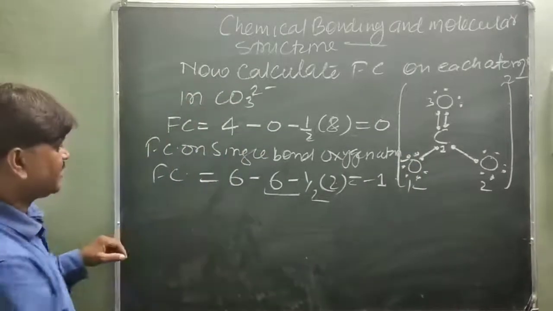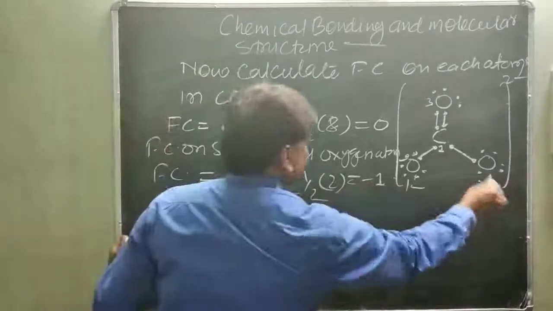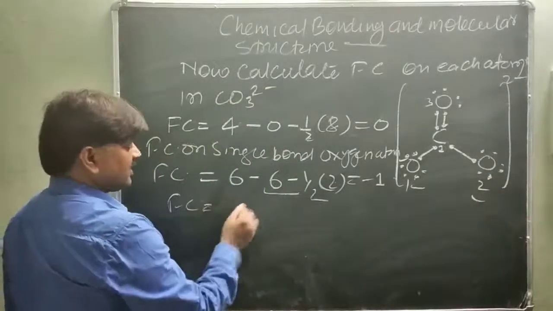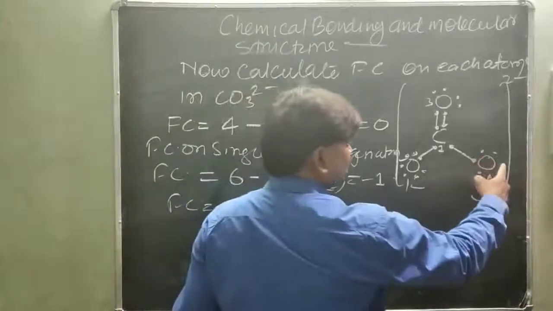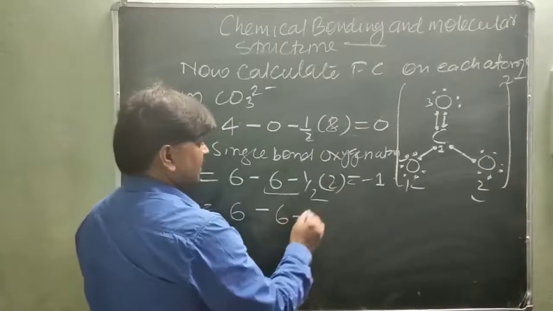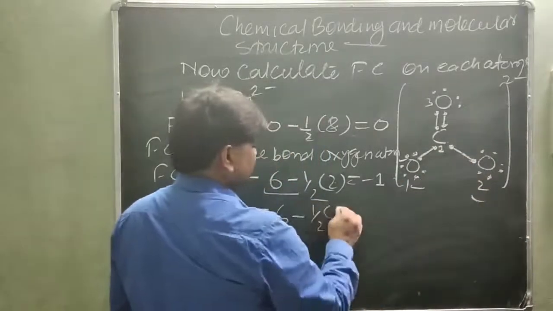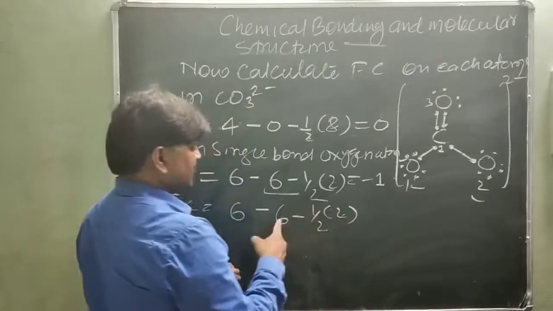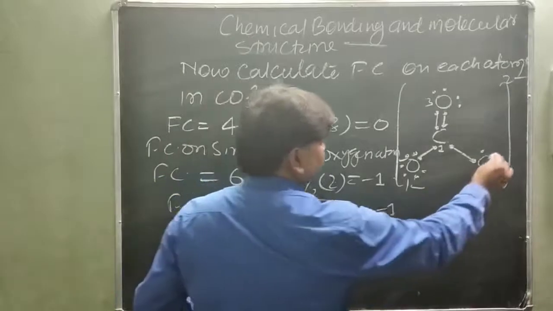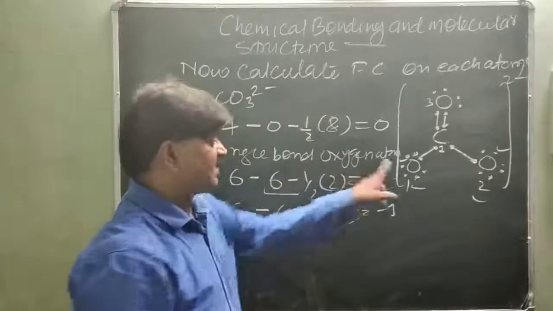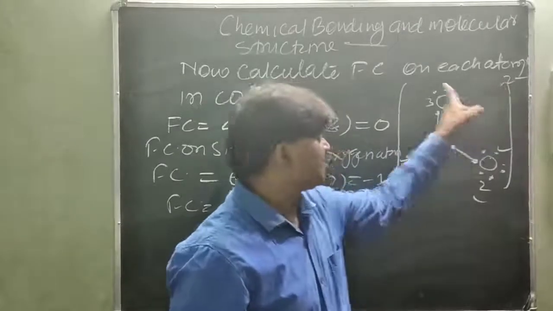Now the second oxygen. Formal charge on the second oxygen, in the same manner. The total number of valence electrons is 6, minus the number of lone pair electrons, 2, 4, 6, minus half into the number of bonded electrons. This is 2, so the 2 cancels. Minus 1, minus 6, minus 7, and plus 6. This also has a minus 1 charge on this oxygen. So these minus 1 charges appear as the 2 minus charge here.